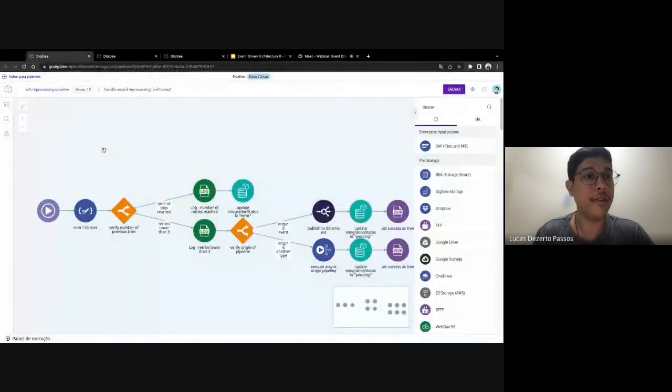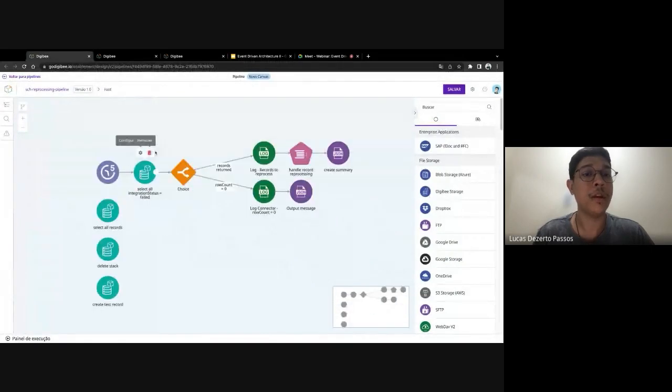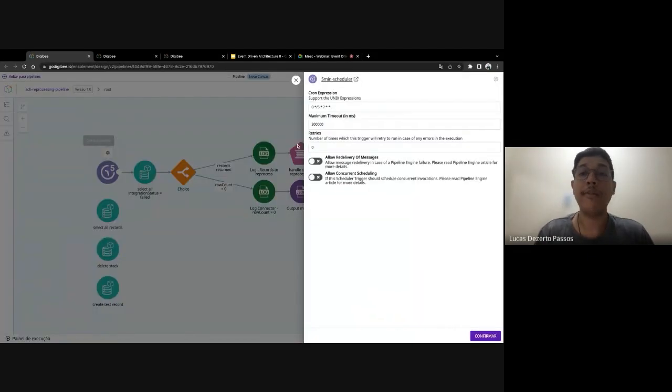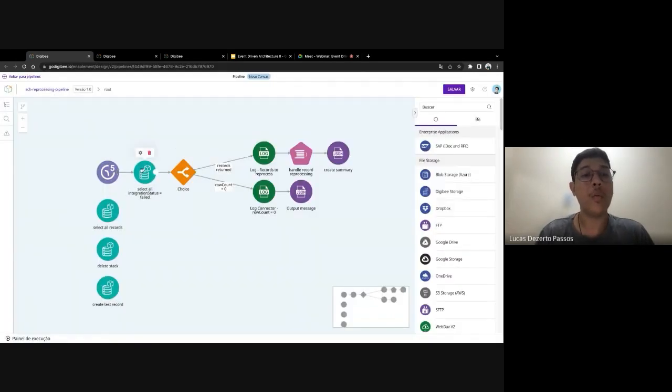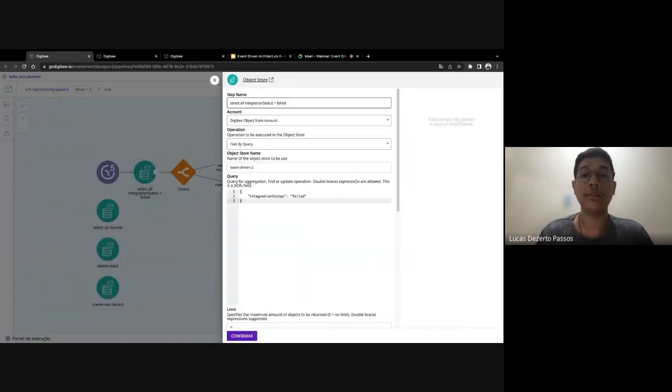So we have here the reprocessing pipeline, and let's take a look at how it works. So we have this trigger here. Every 5 minutes, it gets into this database where it queries all the records with integration status equal to failed.